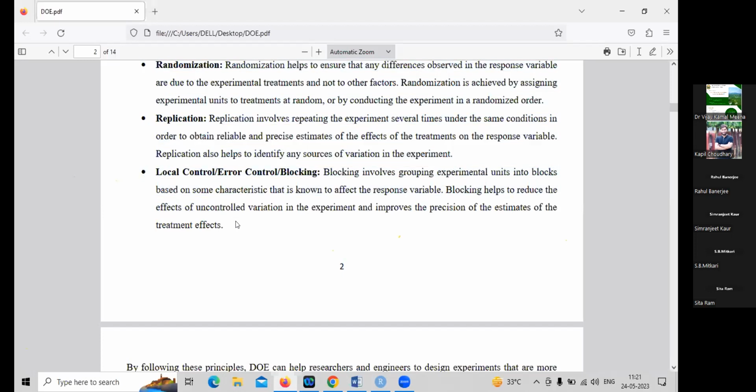Now, why is local control not fulfilled? Because in CRD, what we do is we believe the experimental material is homogeneous in nature. And since we believe the experimental material is homogeneous in nature, therefore, there is no need for the fulfillment of the principle of local control. Although in reality, nothing is homogeneous. In reality, even greenhouses are not homogeneous. Pots are not homogeneous. Petri dishes are not homogeneous. So nothing is homogeneous. But in CRD, we generally tend to make a statistical assumption that the experimental material is